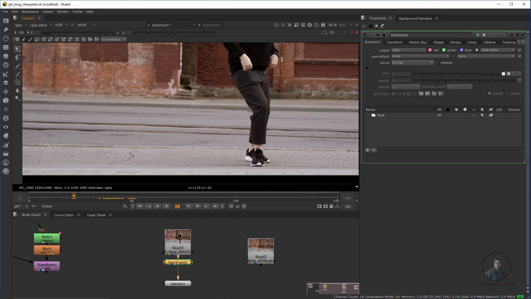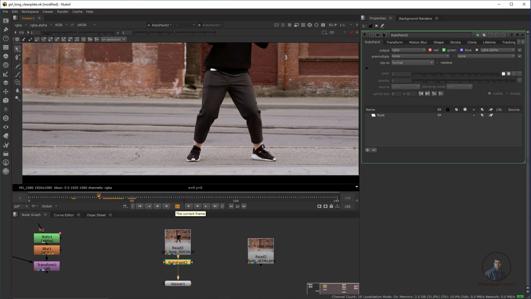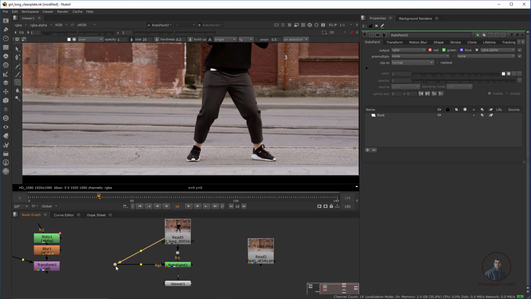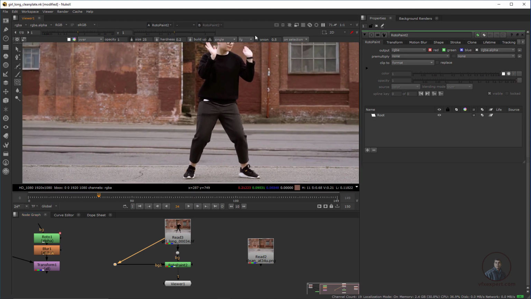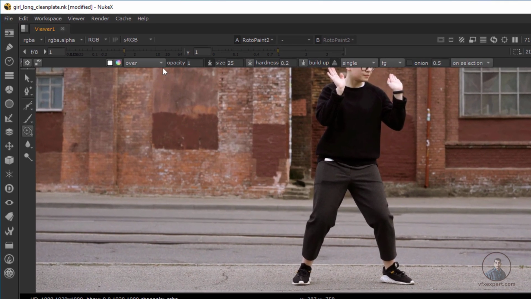Type here the frame on which you want to create the clean plate. Then come here in RotoPaint and select the Clone brush, select cloning, then use this background, connect it here with our same footage, then hold control and break it a little bit so you can easily understand. Then come here, these are our cloning options. This is opacity, maybe 0.8, even on 1 you can also work. Then this is size, hold shift and you can adjust your brush size.